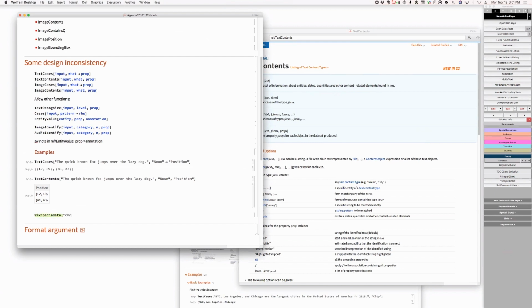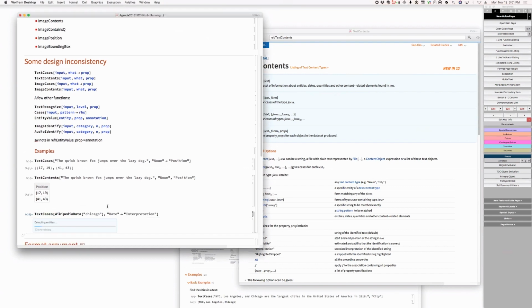I want to show, various people on the live stream are asking about date extraction. We could just show, let's see what happens if we say TextCases, and then we say Date arrow Interpretation, right? It should be like that, yeah. But you should be able to get the date object just doing Date. No, just giving Date will give the string. The string, yes, you're right. We'll give the extracted string. Let's see how this does. Okay, meanwhile,